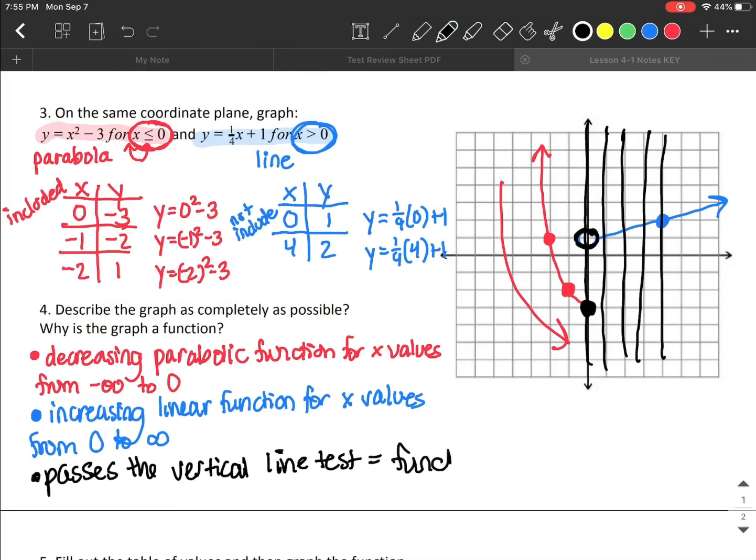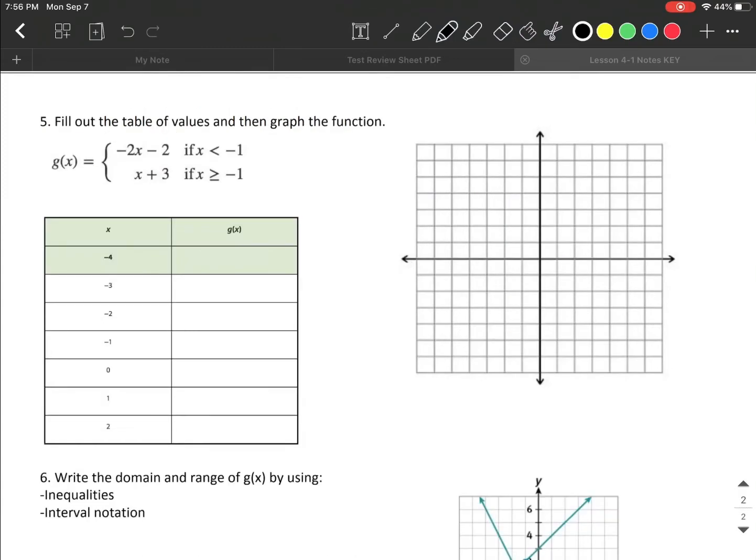So it equals a function. For number 5, I want to fill out the table of values and graph the function. The function that I'm given is g of x is equal to negative 2x minus 2 if x is less than negative 1, or g of x is equal to x plus 3 if x is greater than or equal to negative 1. Before I do anything here, I want to say g of x is just a fancy way of saying y. So my output is going to be equal to this expression or this expression, depending on which